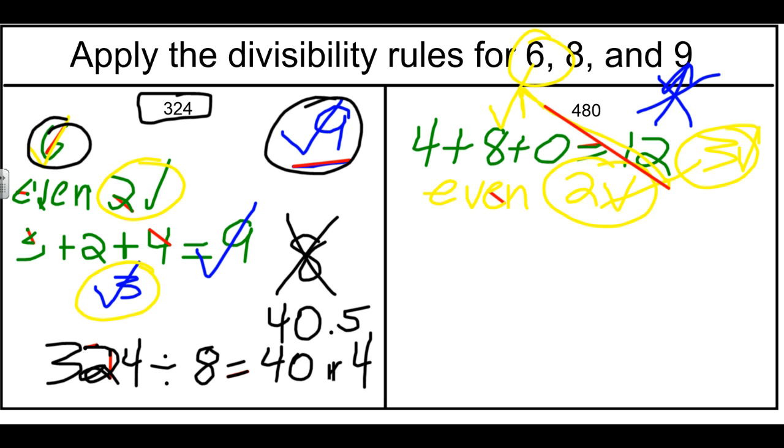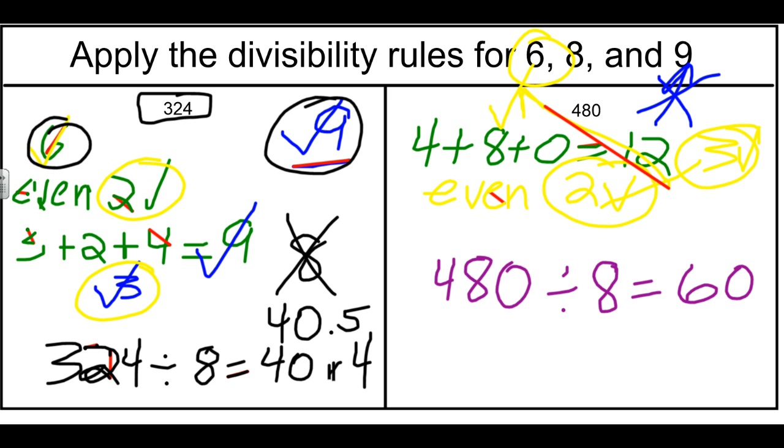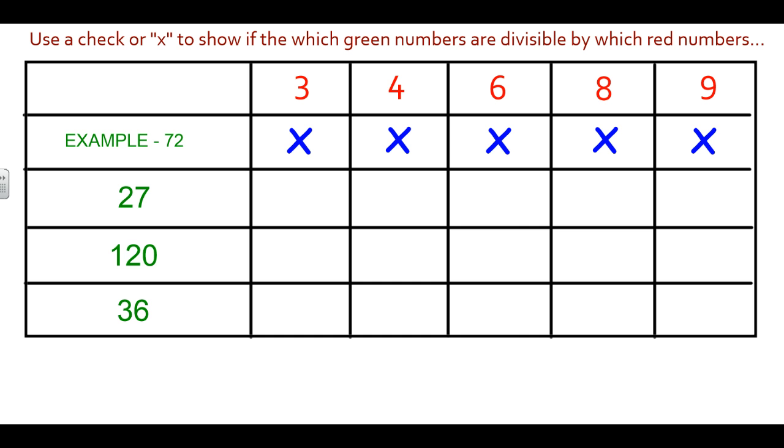Now the last 3 digits of this are 480, so if we take 480 and divide it by 8, we end up with 60, with no remainder, and since 480 is divisible by 8, well, 480 is divisible by 8. So now, go ahead, we've done this before, fill in these charts to find out whether or not